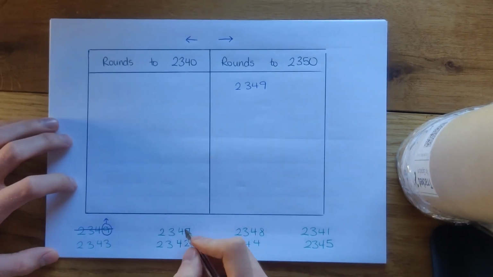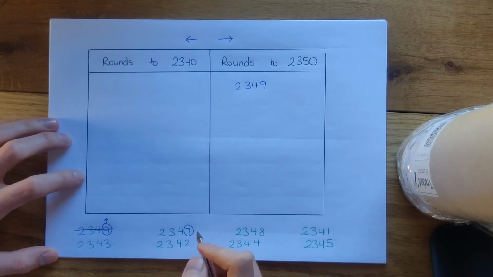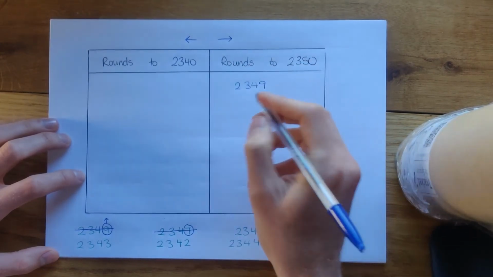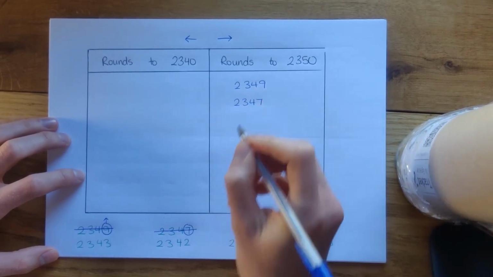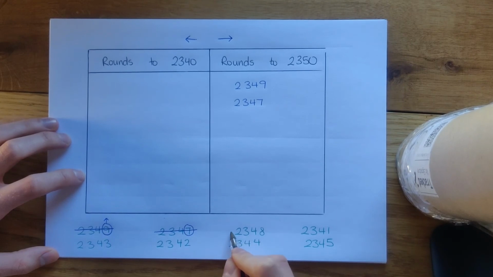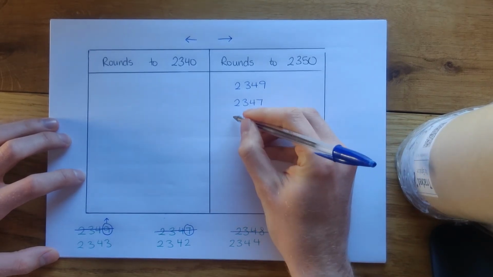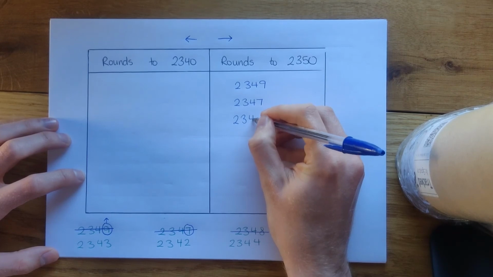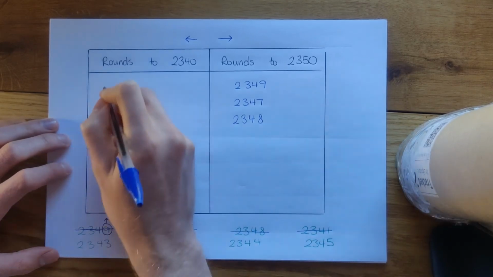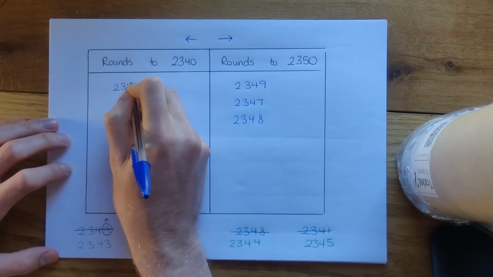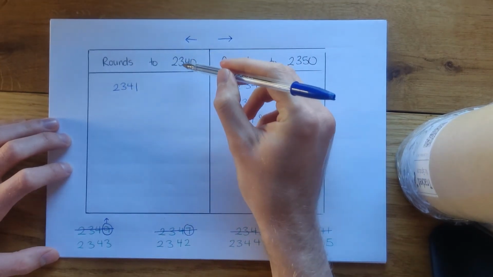Right, let's look at our next one. Is 7 more or less than 5? It's more than 5, so it's going to round up to 2,350. So we're going to write that number in our rounding up column. 2,348 also ends in a number more than 5, so that's going to round up. 2,341, however, well, 1 in the units column, that's less than 5, so that's going to round down to 2,340,